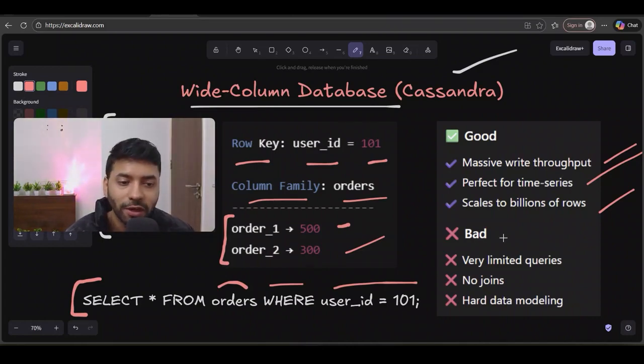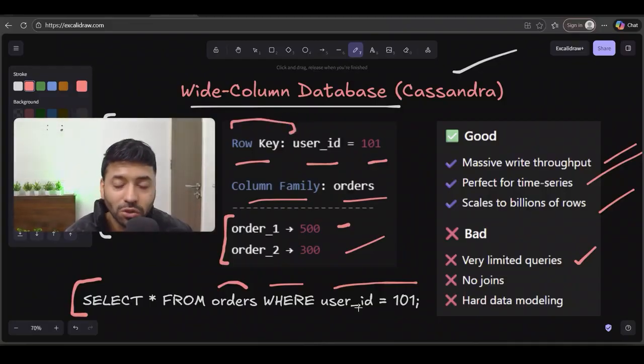When we talk about the bad ones, you have very limited queries. You can clearly see in the queries you need to know the partition, and you also need to know the row key, and based on that only you can query. Okay, you don't have